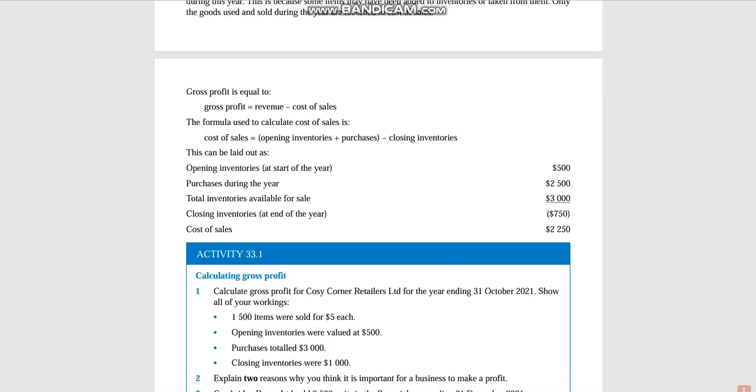Here we can also find out the cost of sales, which is opening inventories plus purchases minus closing inventories. Meaning how much you had in your inventory before all the production, what you added to it, and then you subtract the closing inventory, like what was left. So whatever you use is the cost of sales. Let's say I had 80 potatoes and then I added 10 more, and by the end of the year I was left with 50. So what is my cost of sales? 40 potatoes.